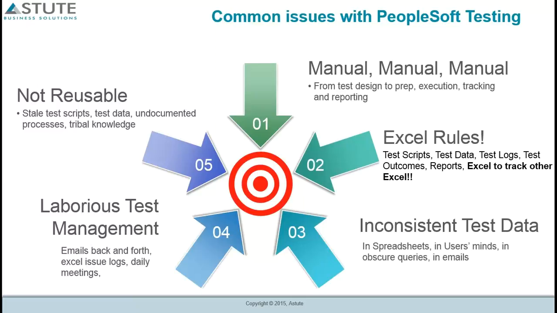A lot of the manual testing resides in Excel. So Excel rules. Excel is king. Everything is maintained in Excel, which means it has to be typed in manually by somebody or a group of people. It has to be updated every time you do an enhancement or an upgrade or apply a change. And oftentimes, that's where things start failing because you are not able to keep up with maintenance of these test scripts with your update or enhancement projects.